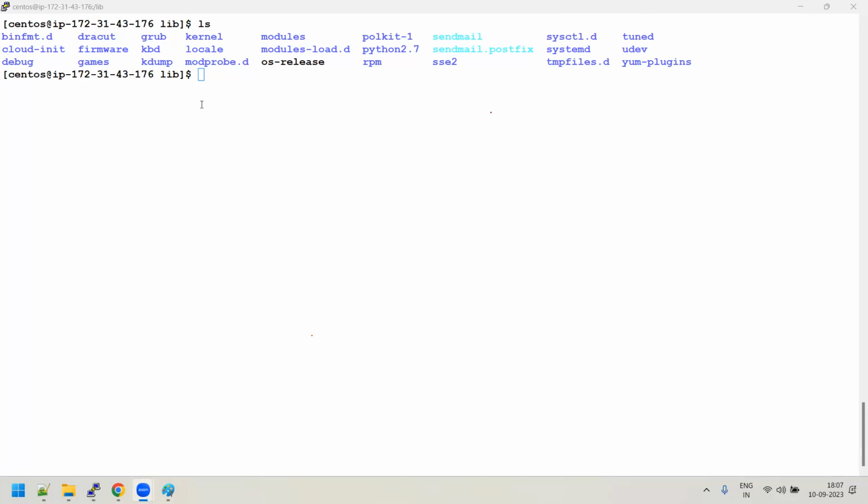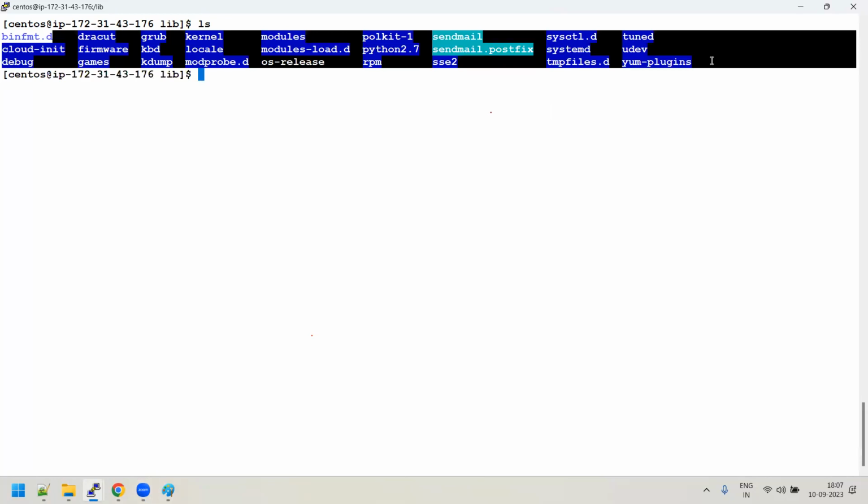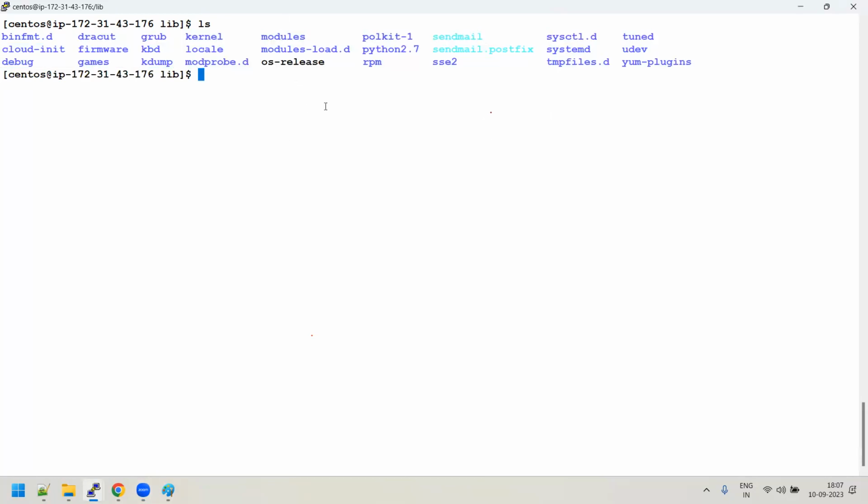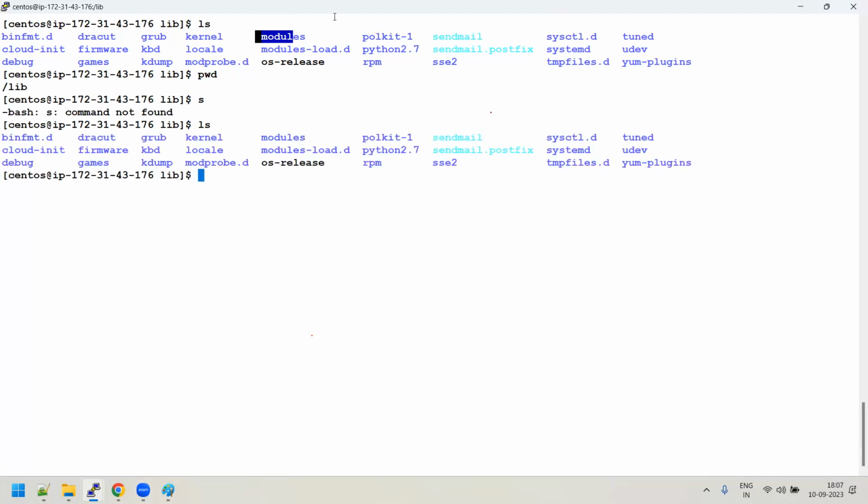Okay, thank you, sir. So under the lib, can you see under the lib? These are all the libraries which are there. But I would say that one of the very important things under lib is modules actually. You see, I am under lib. If I go to the modules directory,